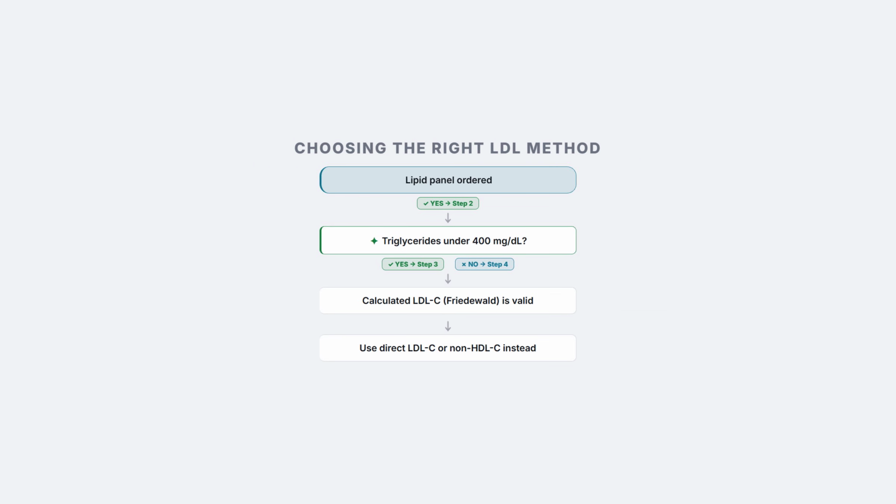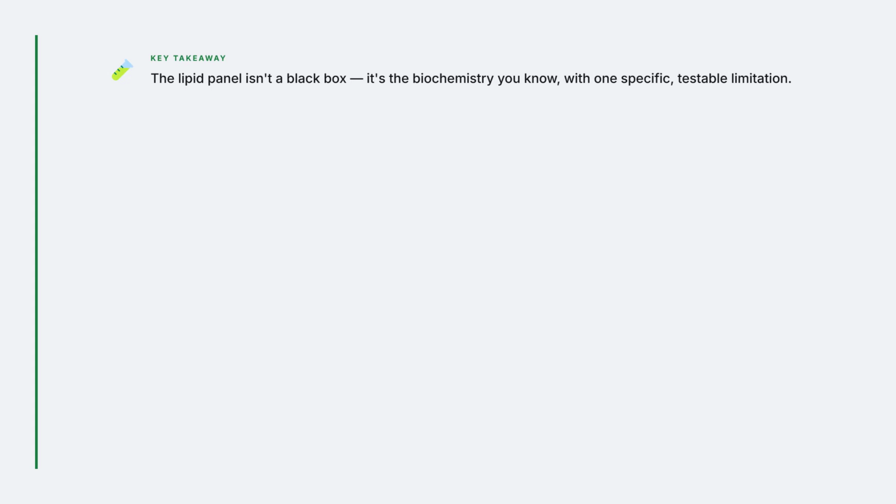Work through it as a decision path. Is the sample's triglyceride level under 400? If yes, calculated LDL-C via Friedewald is valid. If no, order direct LDL-C measurement instead, or default to reporting non-HDL-C. So the lipid panel isn't a black box, it's biochemistry you already understand, wrapped in a formula with one very